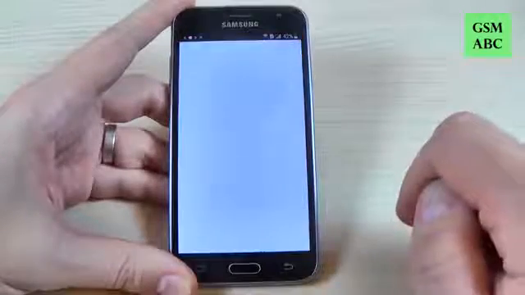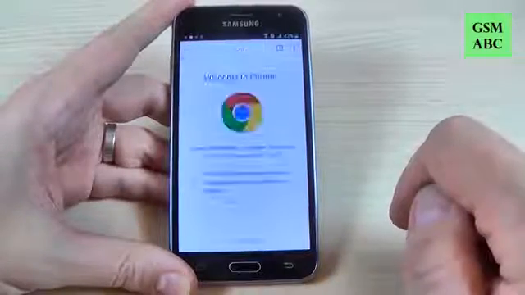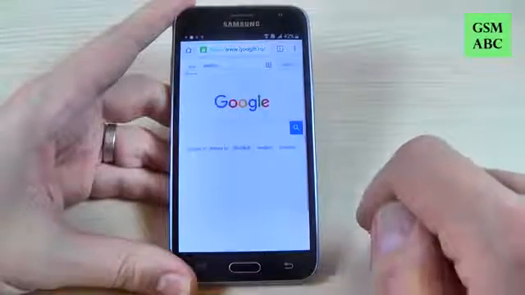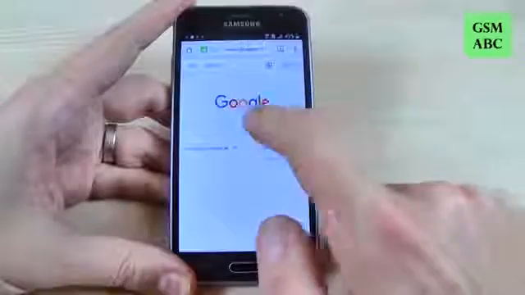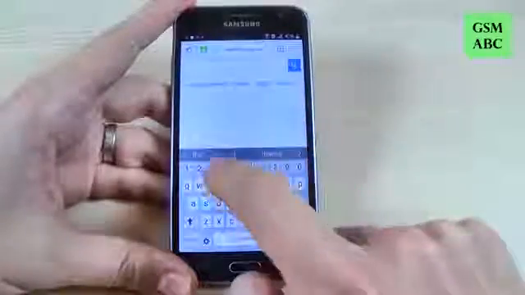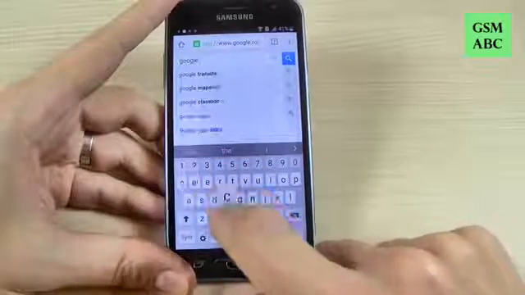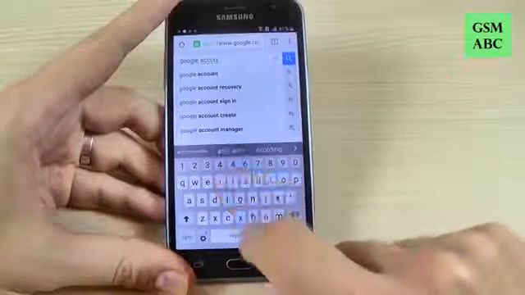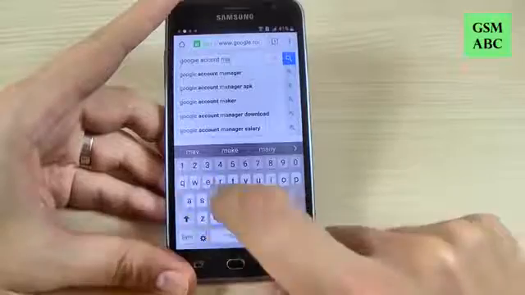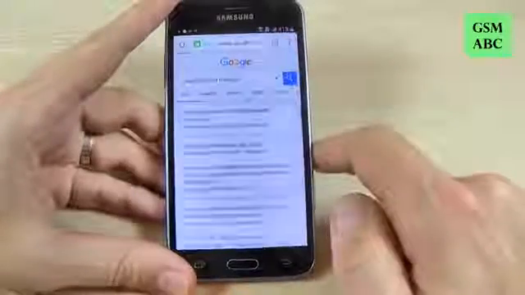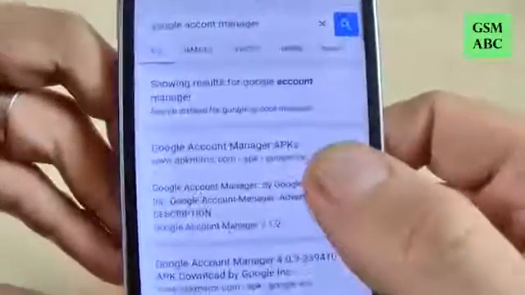Open with Chrome, hit accept and continue, hit no thanks, and on the Google search bar just type Google account manager and hit search, and go to this link